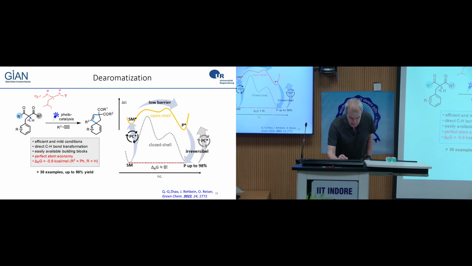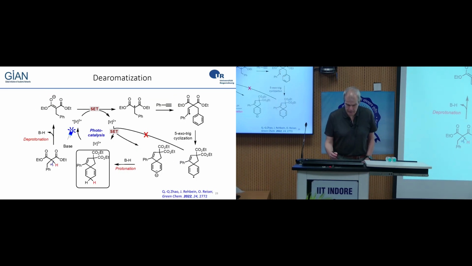And the way we have designed the system is that if this reacts with an alkyne, I'll show you the mechanism on the next slide. If this radical reacts with an alkyne, we are having these vinyl radicals,